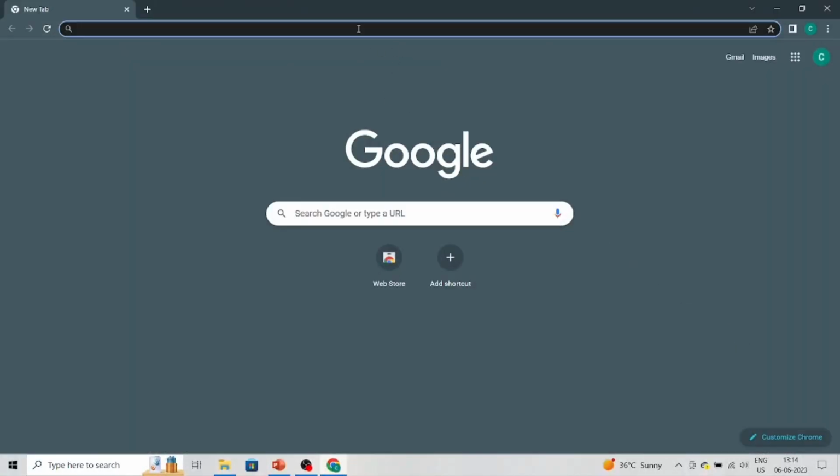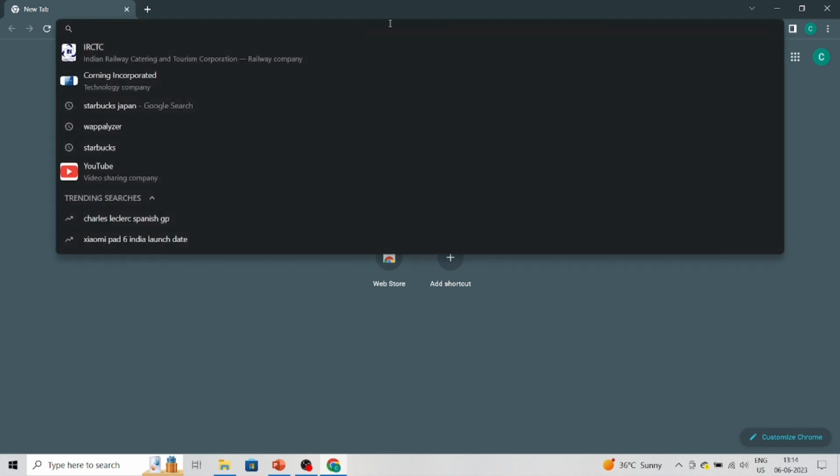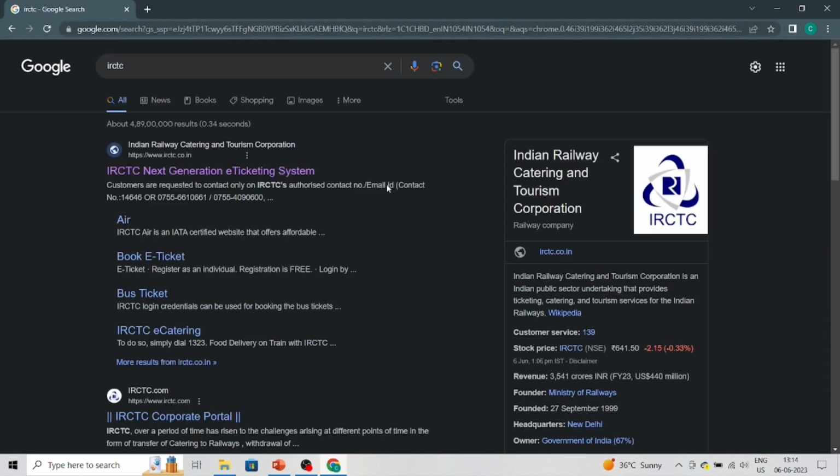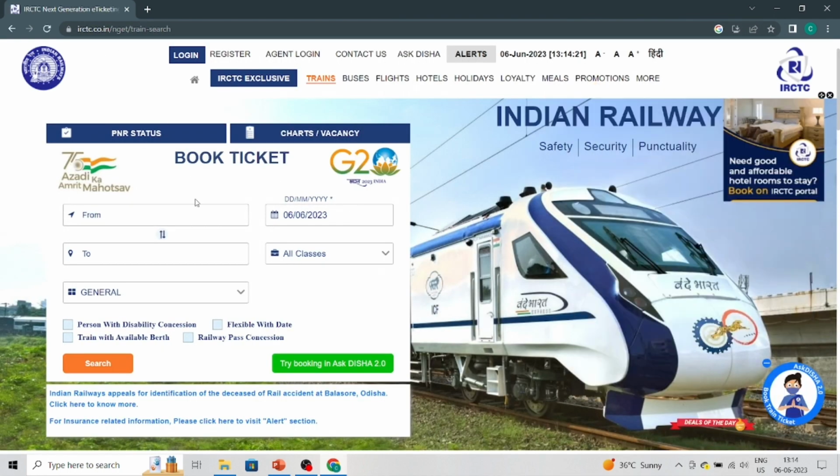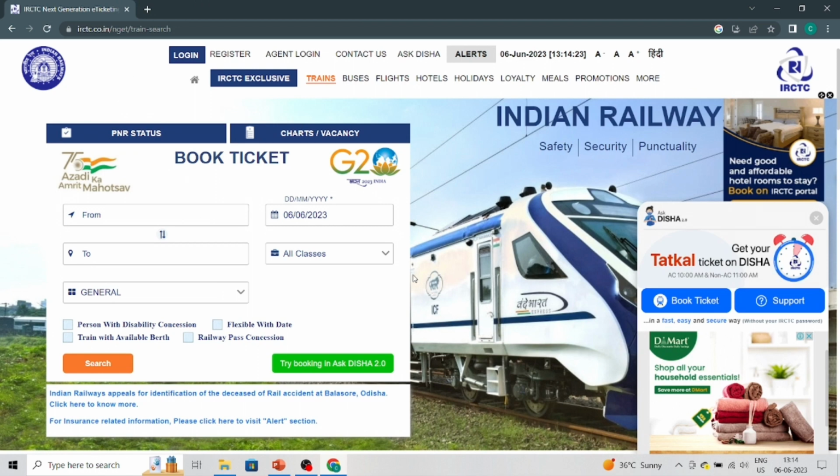Okay guys, now let's start gathering information about websites. Let's go to IRCTC. It is a website of Indian Railway. And if you want to know what the programming language of this site is, which web server they are running, like Apache, then